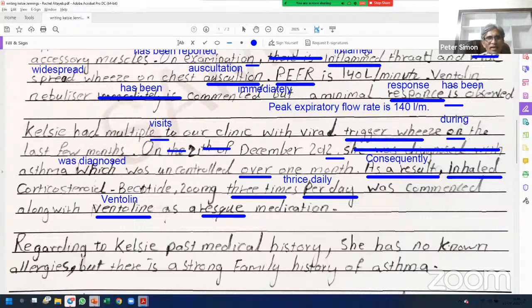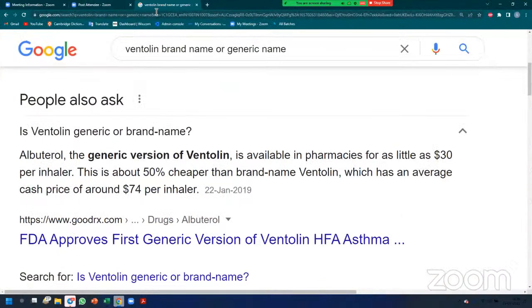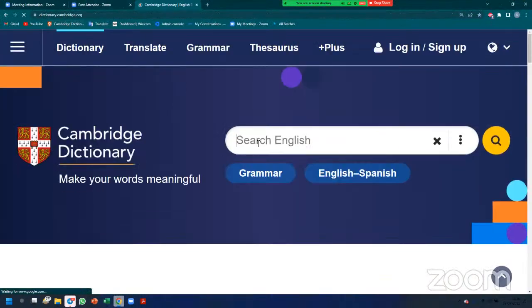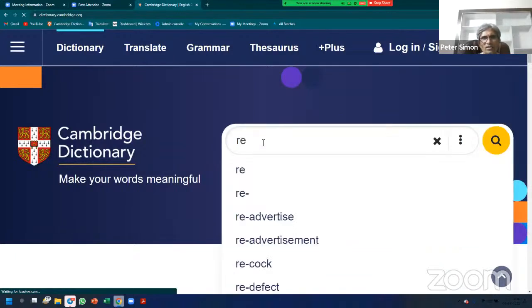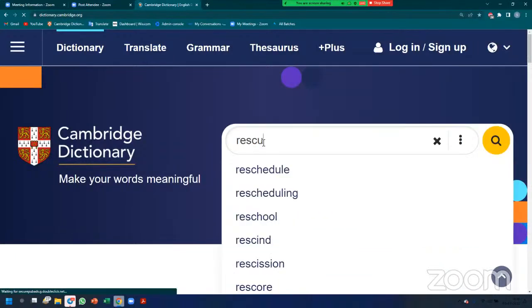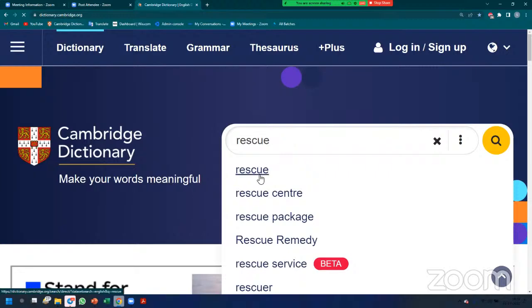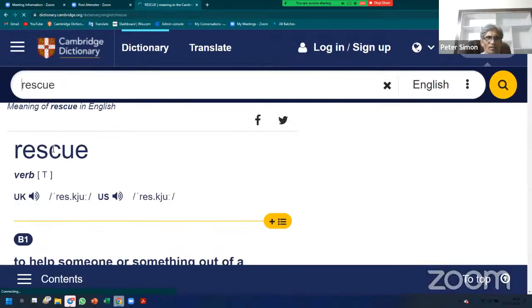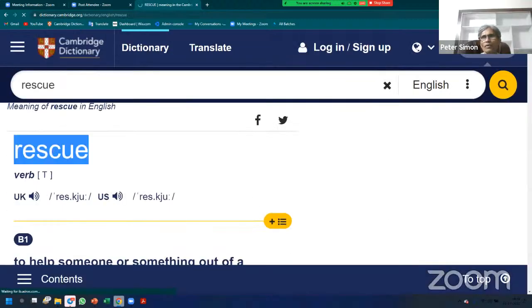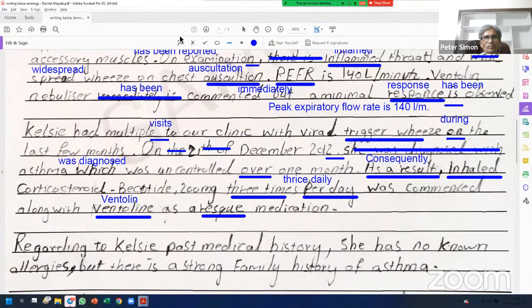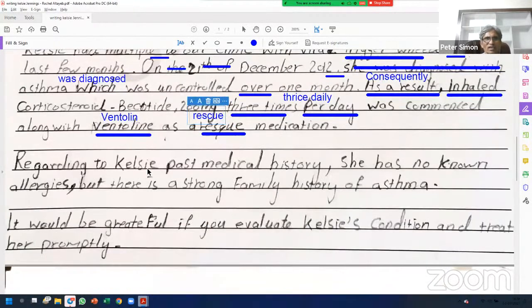Rescue. So what is the spelling of rescue? Let us learn from the dictionary. What is the spelling of, okay, R-E-S-C-U-E. Okay. So the dictionary says it is correct. Okay, fine. So rescue medication. Okay, fine, that's it. Next, regarding